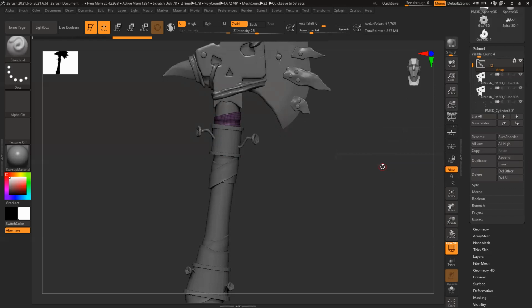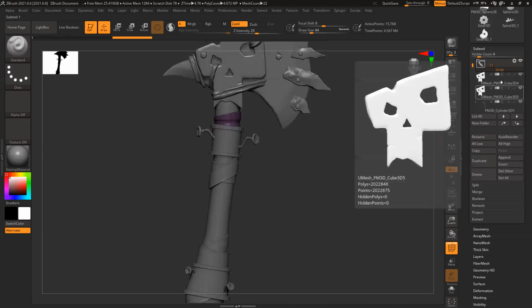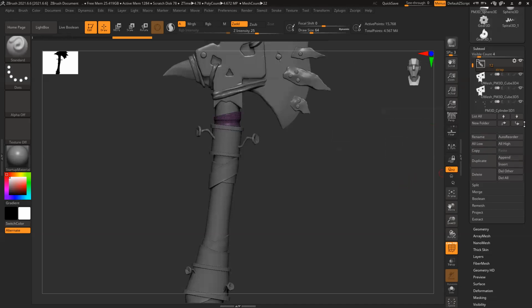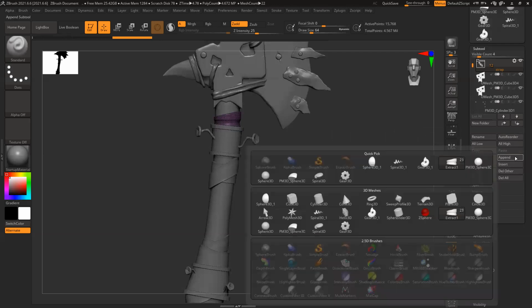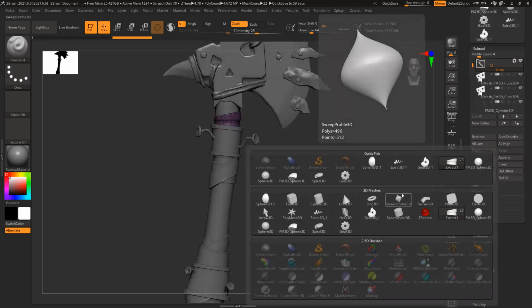Baking and all this we'll learn later, but baking is part of texturing. That's why these two options are handy. Then copy, in simple terms, you just copy and paste. Duplicate, copy paste, you can do in the same layer subtool, and duplicate means it will create a separate subtool. Duplicate we have used a lot of times. Append, with append we add any other tool or model into our existing model.